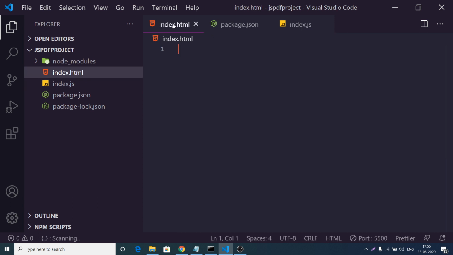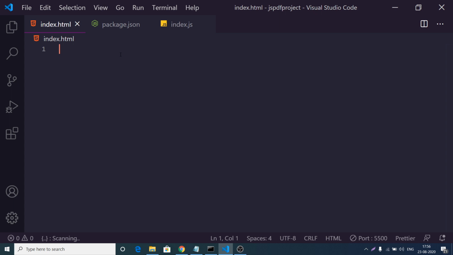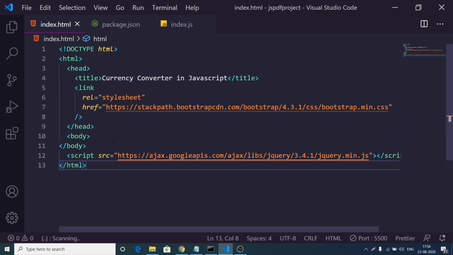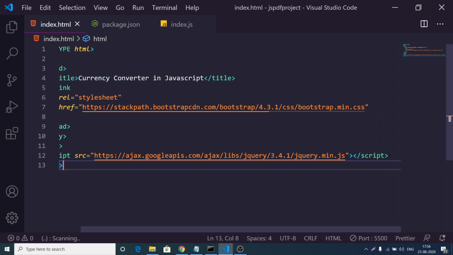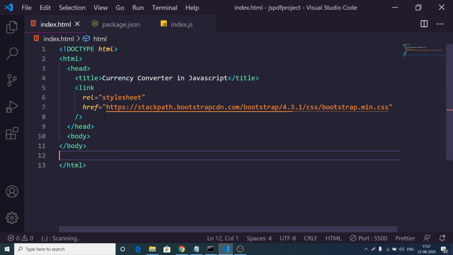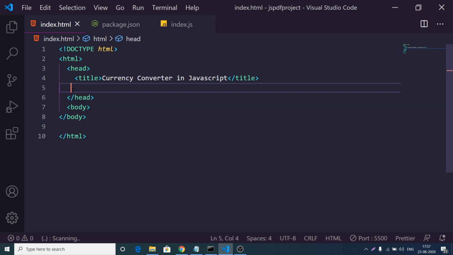First of all I will show the browser way of how to use this Node.js library inside your browser. For this, I will make a simple HTML template. No tags are required here. jQuery is not required, so let me just delete it, and Bootstrap is also not required.